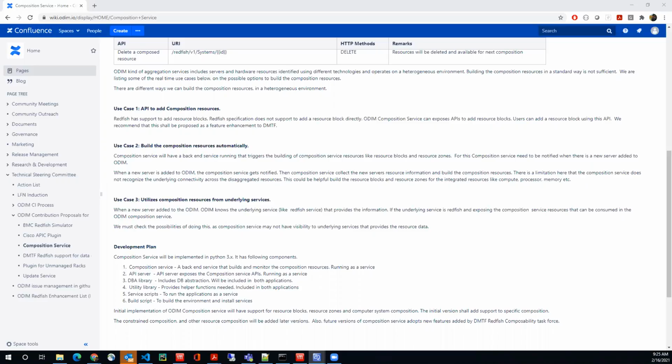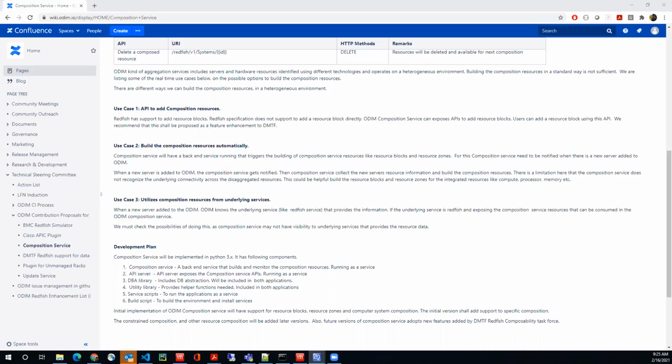Okay, so for the crude composition that we have today, where we're essentially not really composing, but just connecting a compute resource like a system or a server to a bunch of storage or a bunch of network fabrics, that's one thing we need to be able to do.